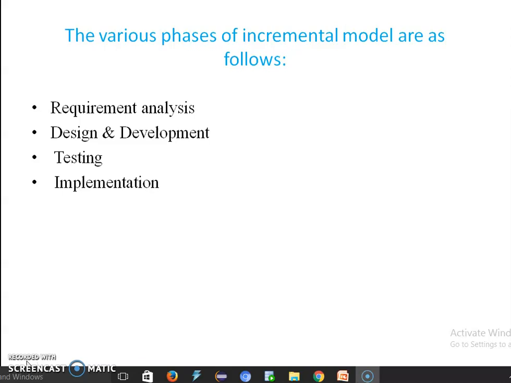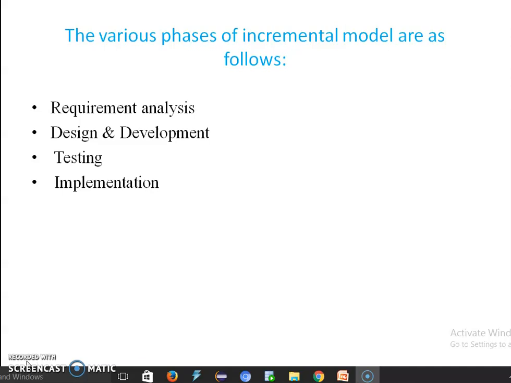Got it? Now, the third one is testing. What will happen in testing? In the incremental model, the testing phase checks the performance of each executing function as well as additional functionality. And in the testing phase, various methods are used to test the behavior of each task. It can be checked behavior of each task.